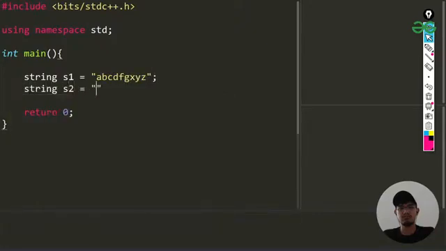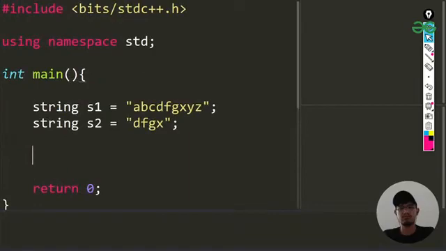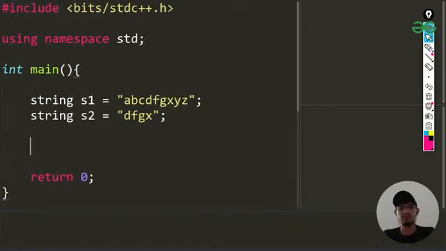So s2 is something that will be matching in between, so we can call that dfgx. Okay, in this case. Now let us see what we are going to be doing. Basically this is the same thing which we did in the past streams also, that we will be just passing that. Because we want only the length of the common substring. Okay, so that is the question. So we'll be just printing the value which the function will be giving me, and I'll be calling that function